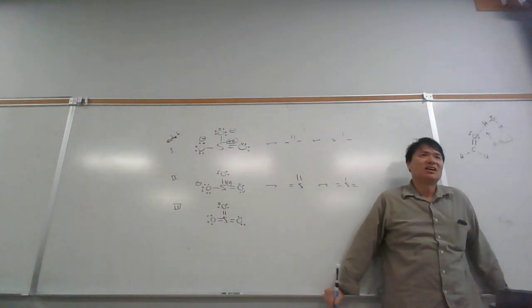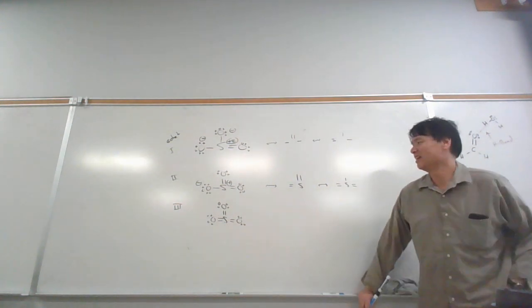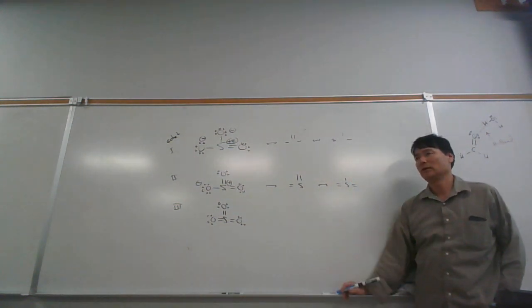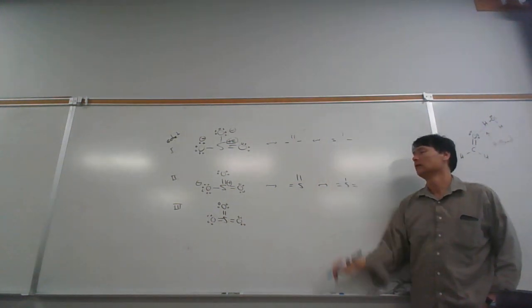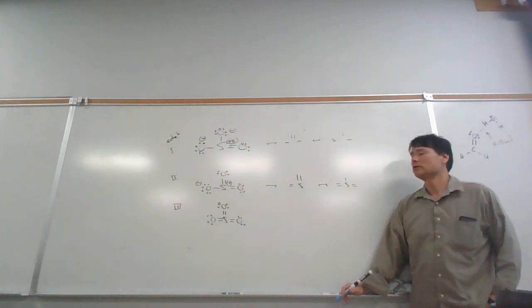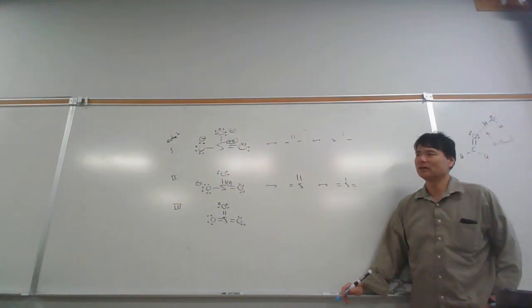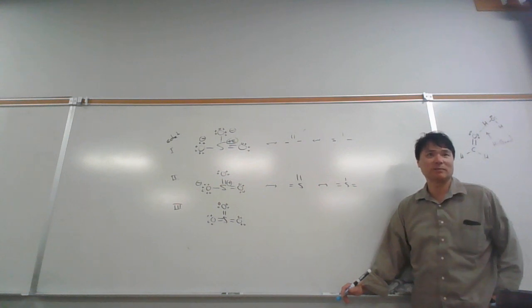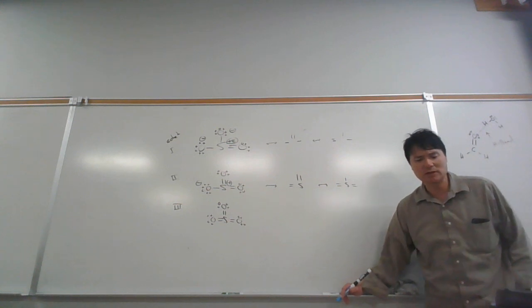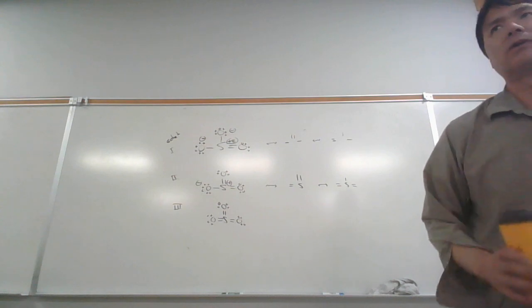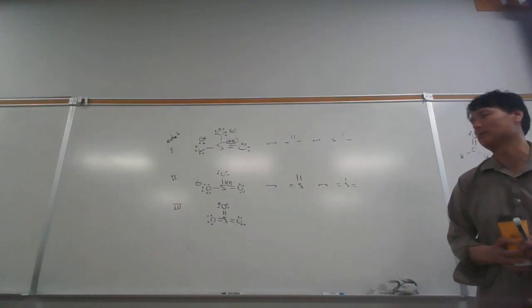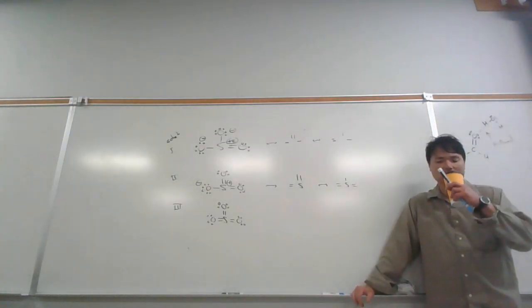Keep it like this. But regardless, if we expand the octet or we don't expand the octet, the true structure is going to be the hybrid of these. And so it depends on how much D. It says very little D. Does very little D mean 0 D participation or just very little D participation? And so that's not entirely clear how much D unless you go to the original paper and take a look. But then I looked at where the original paper was published. The original paper was published in the Journal of Chemical Education,